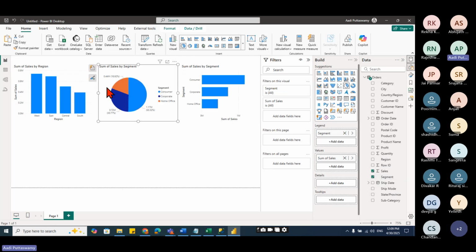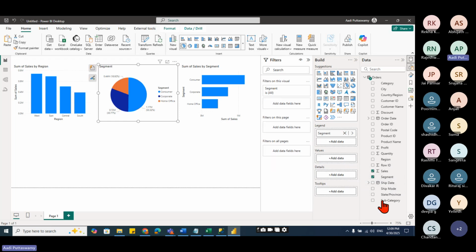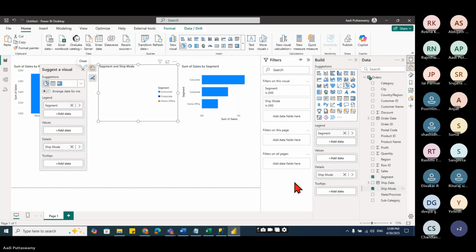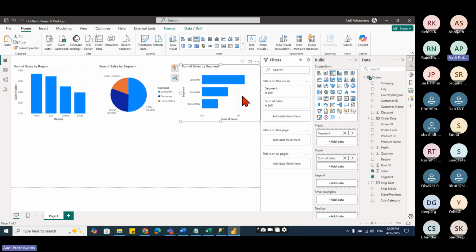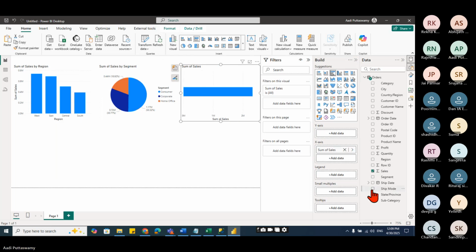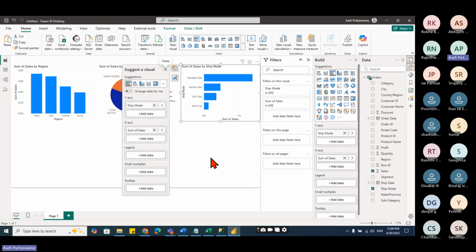Segments already taken. No, not segment. We'll take ship mode. Select this, and then I'll do the segment. It's a ship.